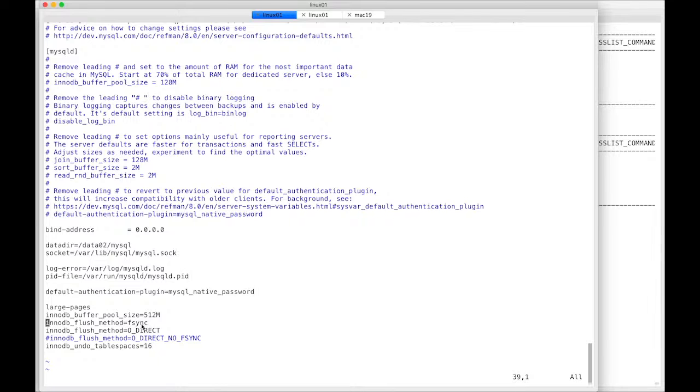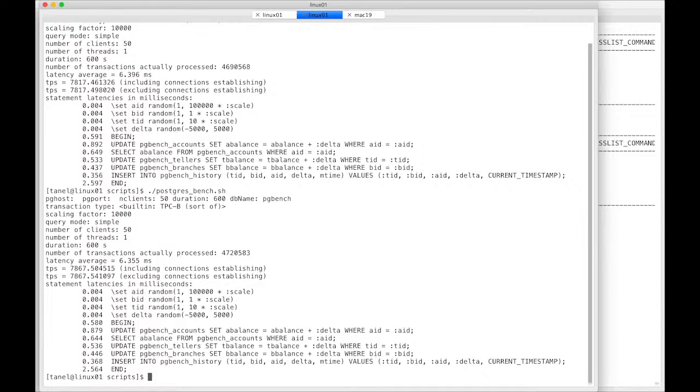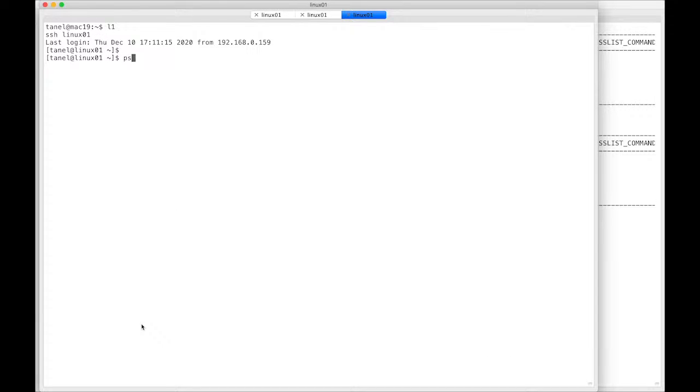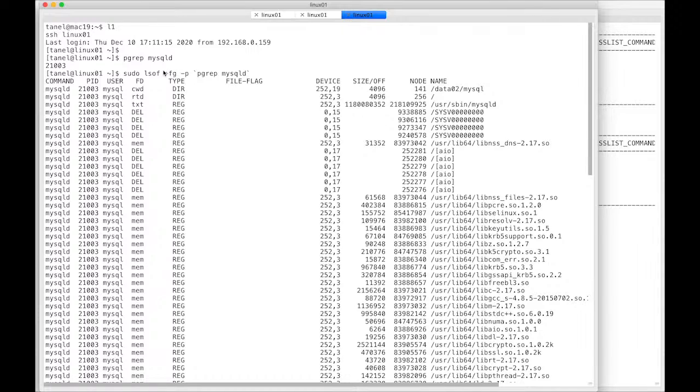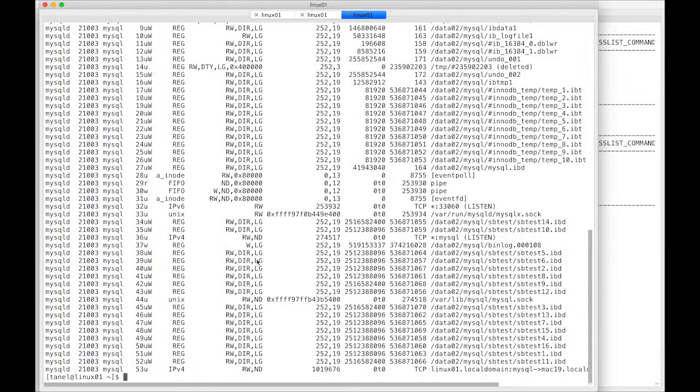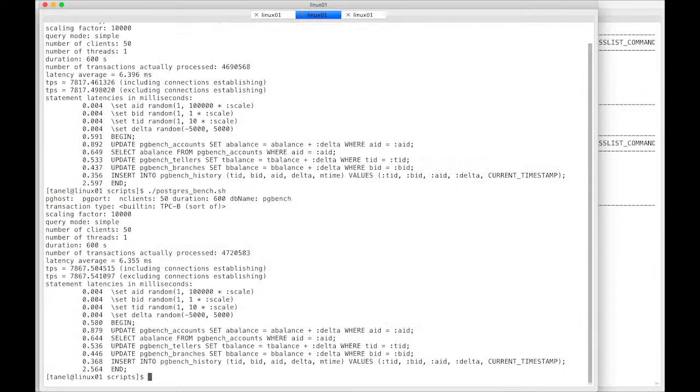I could probably look into MySQL log files or something like that as well. But since this is a Linux session, let's just do this. Okay, so this is my MySQL DB. Let's do sudo lsof plus fg. Plus fg will extract and tell us some extra information. It prints out some flags. Let's see. Dir is here, so you see direct. The fact that you see dir here means that direct was used, despite my kind of incorrect settings